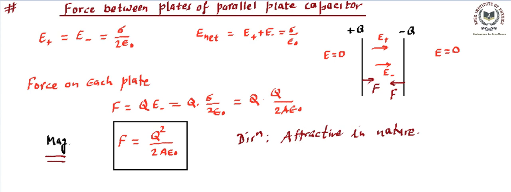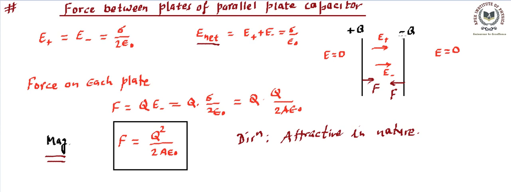Now, the mistake that you can commit is not writing this 2. So mind this, the factor of 2 becomes important. This 2 is coming because we are not writing the net field in order to find the force. Why are we not writing the net field? The reason is very obvious, because this plus Q charge will never experience a force because of its own field. This plus Q charge will experience force only because of the other charge, and the other charge is minus Q. So we need to use the field because of minus Q, not because of its own.